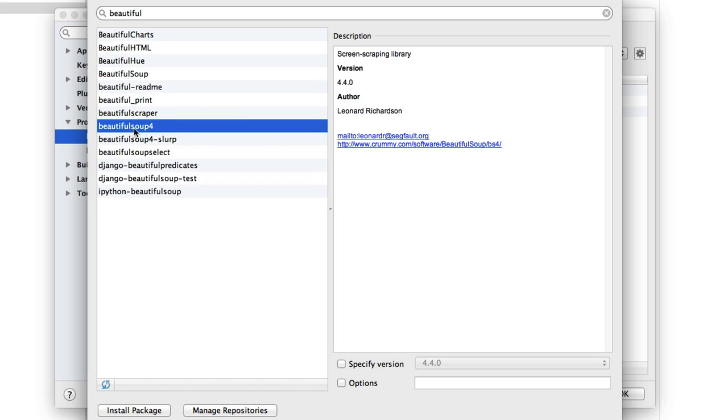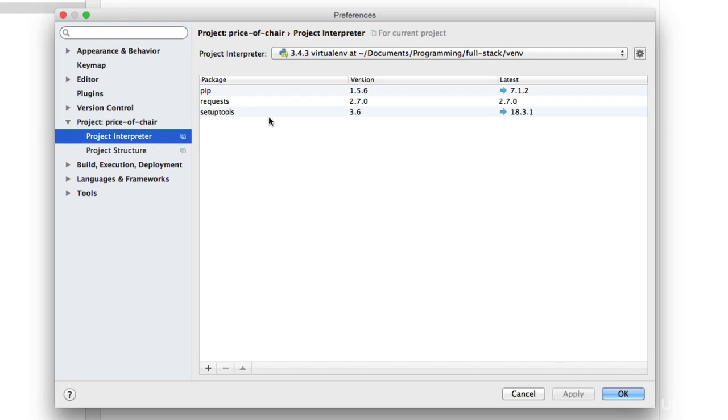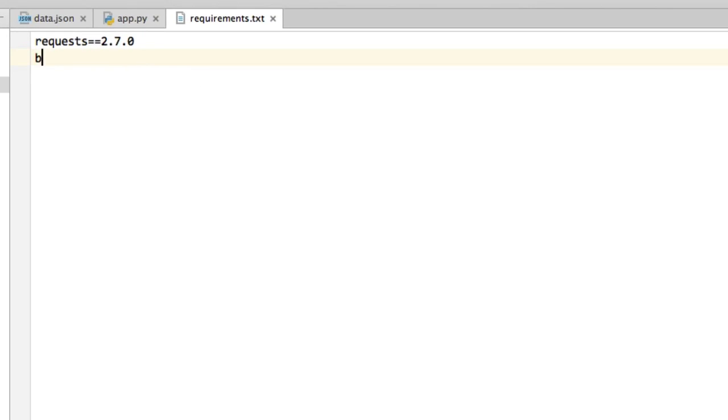So that's your library name, that's the version, so we can close that, type beautifulsoup4 equals 4.4.0, and then